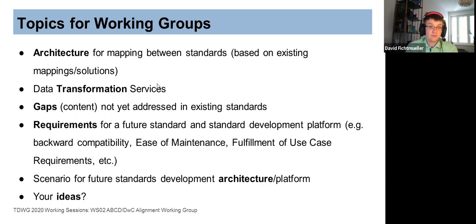Then what would the requirements be for a future standard or a future standard development platform? As I said before, both standards have massive implementations already, so we might need to think about backward compatibility. It might be all good and well if we have some really sophisticated standard development platform, but if it's really hard to maintain, then